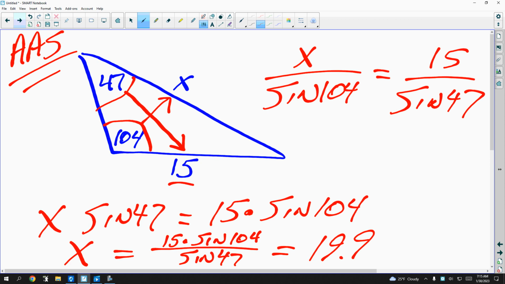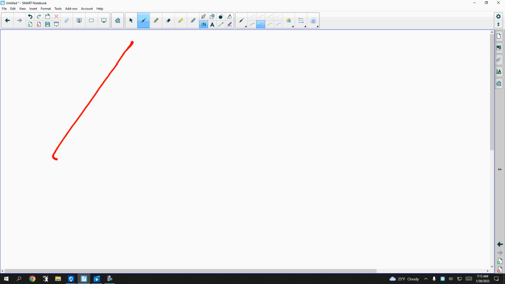Sometimes you have to find a third angle. Let me show you that. All right, so I guess you can pause the video, but I am moving on in 3, 2, 1. All right, so here's the next triangle. And the angles given are 42 and